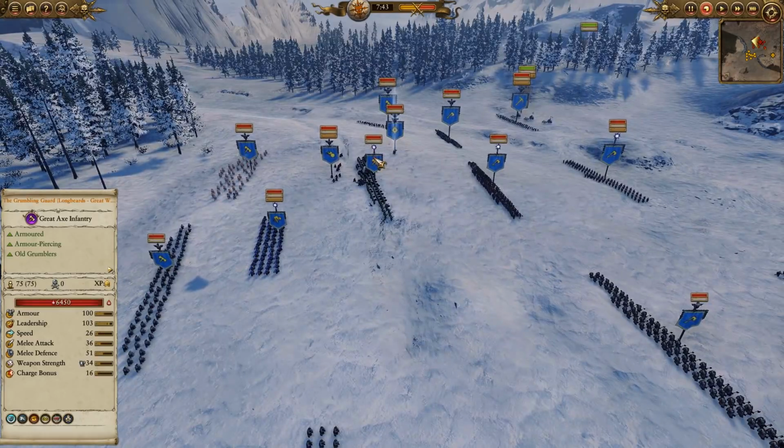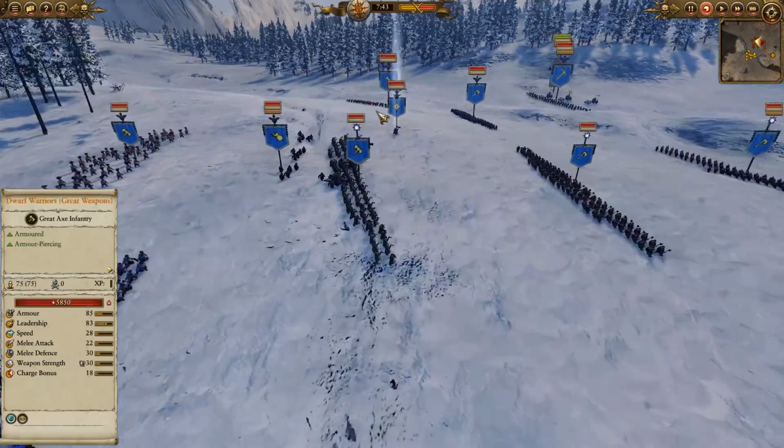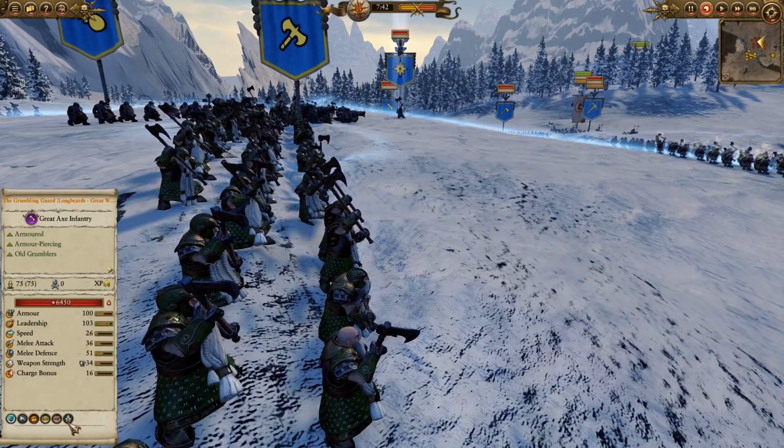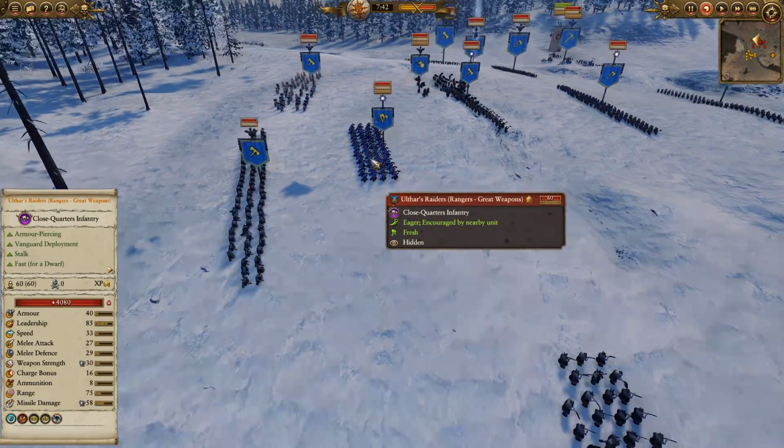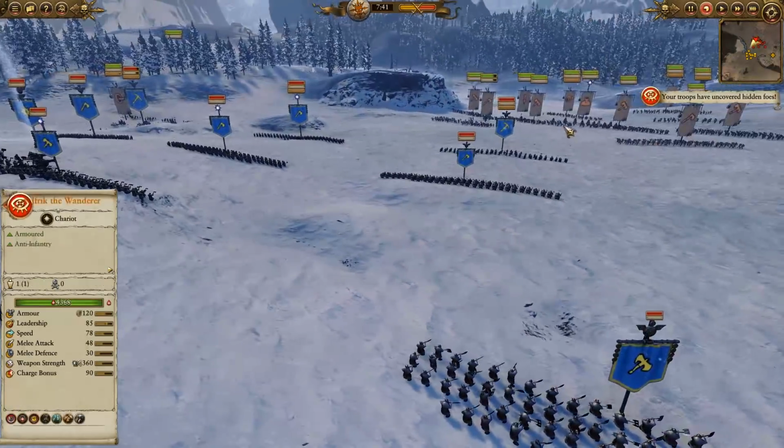It looks like he has 2 groups of those. In the far back here, he does have the Grumbling Guard, which are the RORs, and they do have that Vigor aura, but I remember they got nerfed recently, and I think people stopped bringing them, but they're still pretty good. He does also have the Ulthar's Raiders, which are going to be really menacing against my Chariots and Fimir